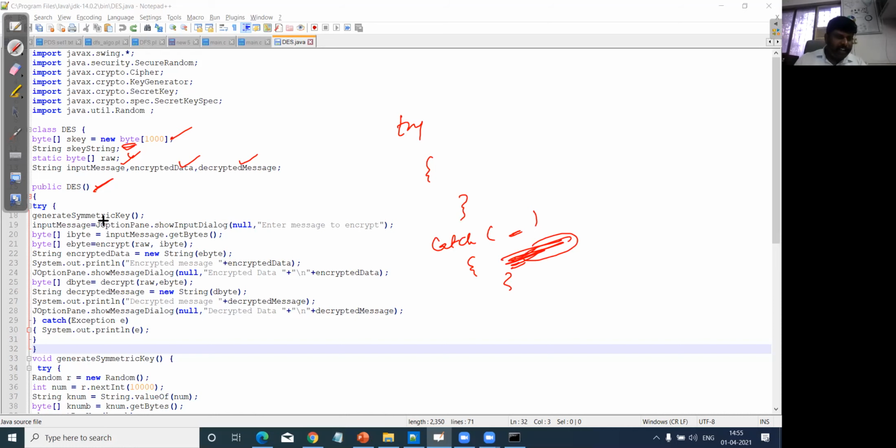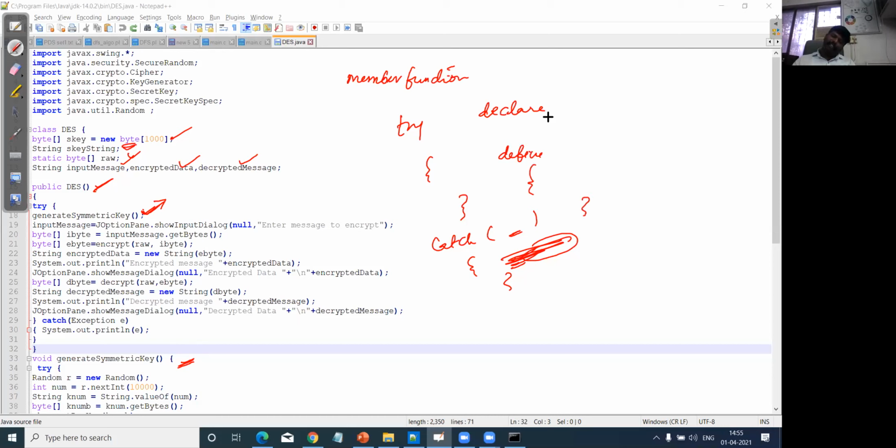Here, generate symmetric key is the function which I am defining. Here I am going to declare the function. Sorry, this is declaration and definition. Declaration is something where, if you use any member function, irrespective of C or Java, you can declare and define.